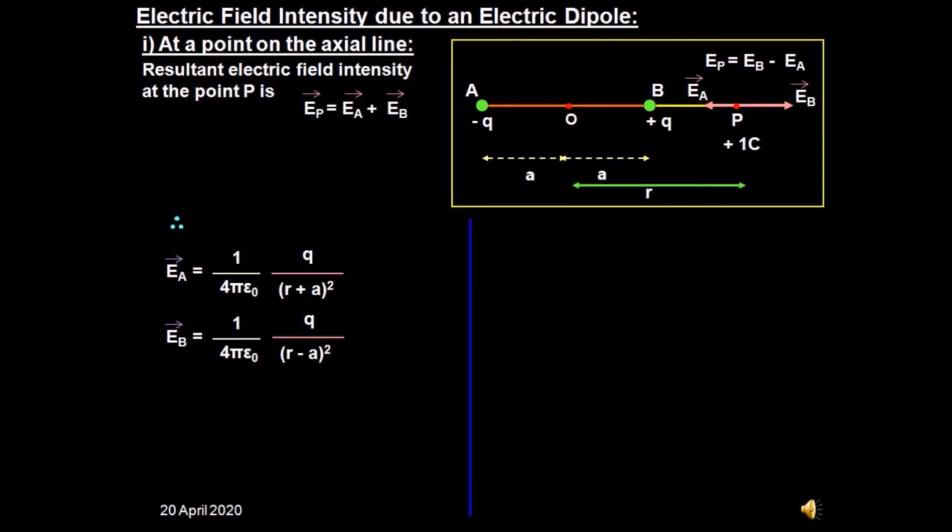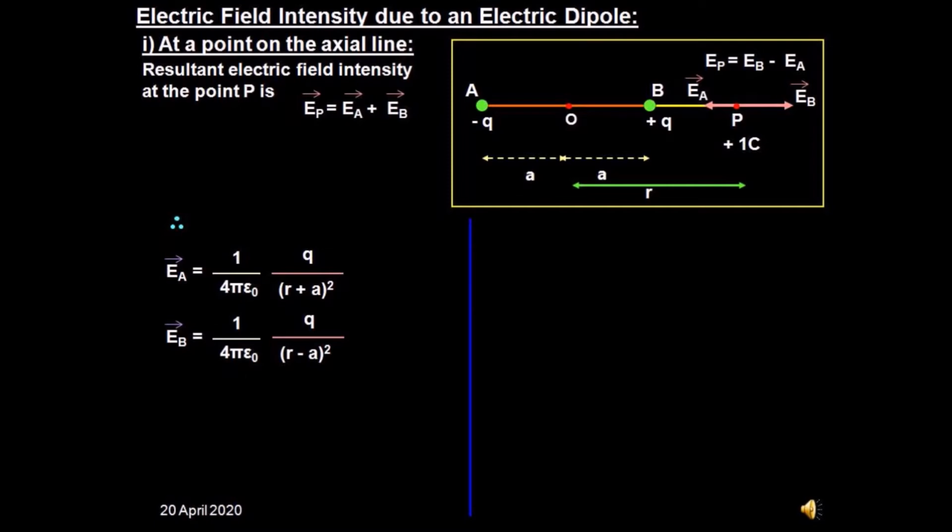So at point P, let us assume plus 1 coulomb. Now this is a positive charge and our charge at A is a negative charge. So this positive charge, plus 1 coulomb, will get attracted towards A. So EA direction is towards A. Now see the magnitude of EA. Here we will take the help of the single charge electric field formula, that is kQ upon distance squared.